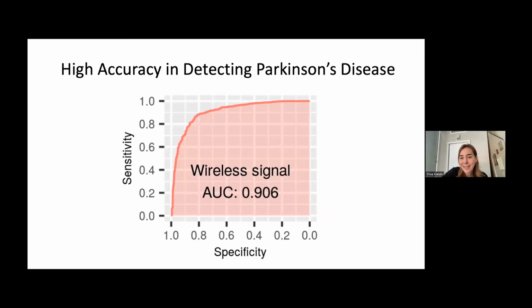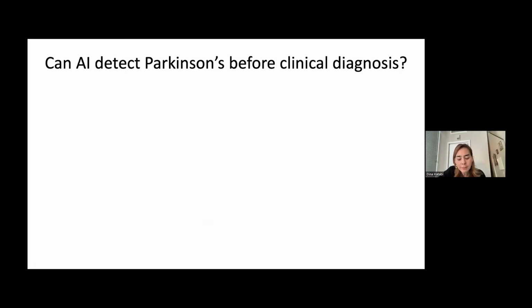Okay, so this is really exciting to us because, as we said, if we can detect Parkinson's from breathing, maybe we can detect Parkinson's early, before it is clinical. Of course, there is not much data where you have seen people and collected their breathing signal wirelessly before they got the disease. But we went to a sleep study and we have data from people who went to a sleep study twice, separated by 6 years. We looked at them in the first sleep study and asked, can we take their breathing and detect who is going to have Parkinson's? And then 6 years later, we discover whether those people have Parkinson's or not.